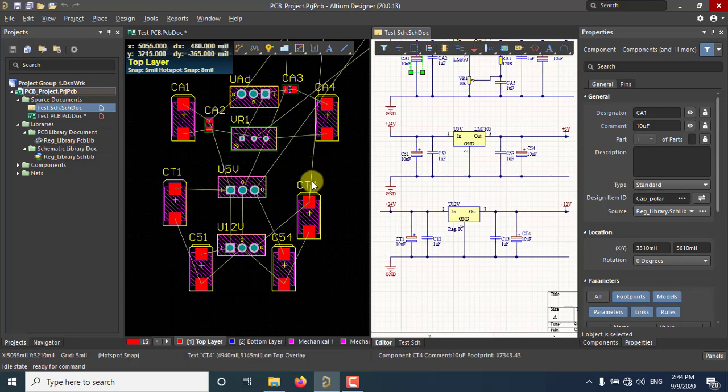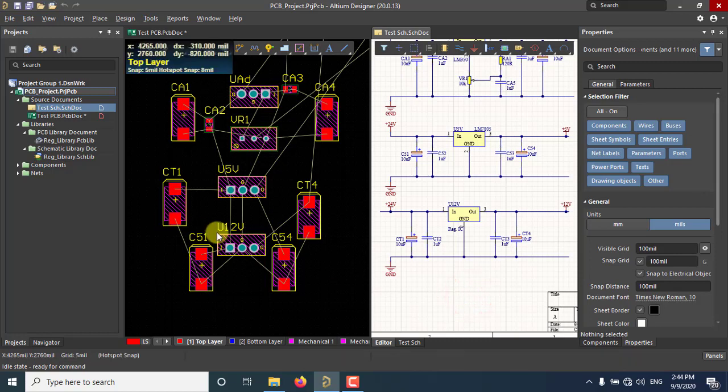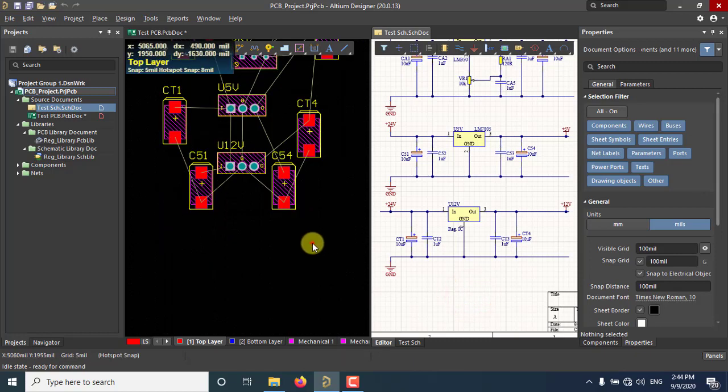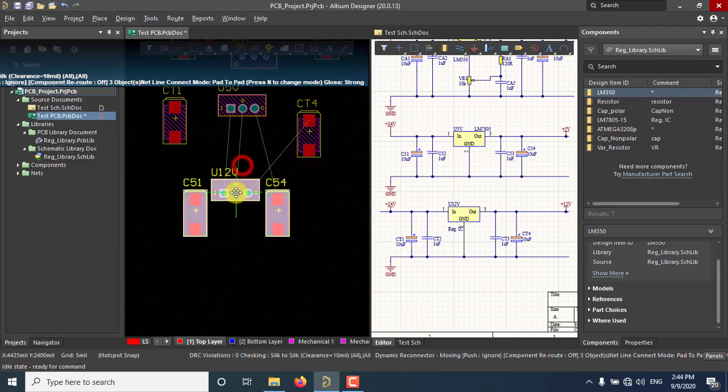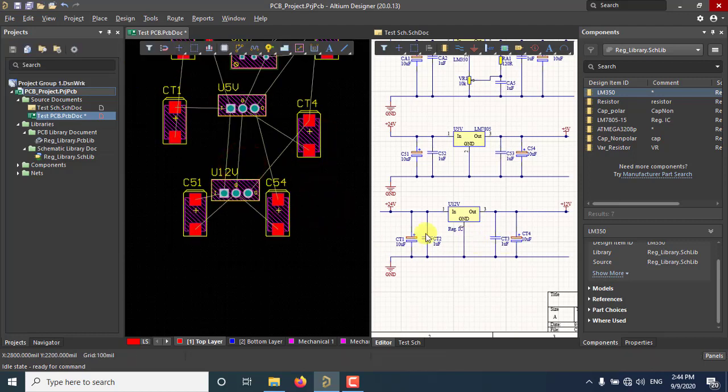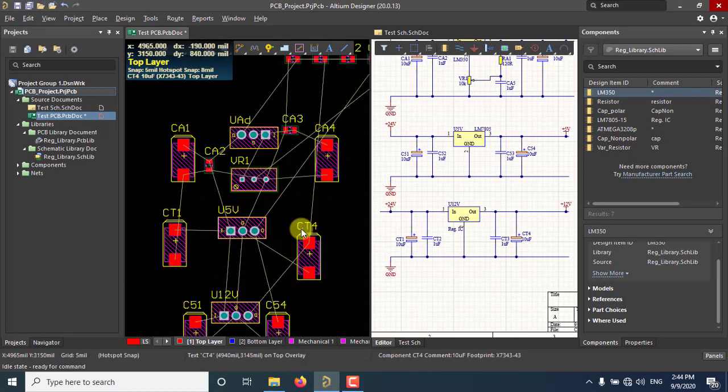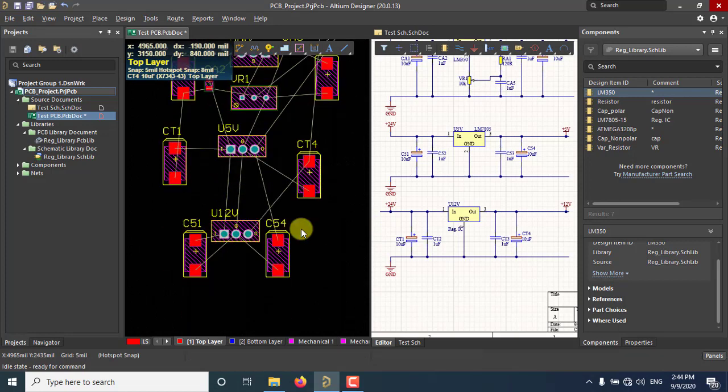So don't think that I'm arranging 12 below and 5 above just because it's in the schematic. It's not the case. For now, I'm just trying to make it a bit readable so that it matches the schematic. In fact, we have the CT1 and